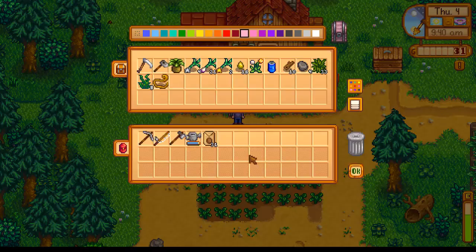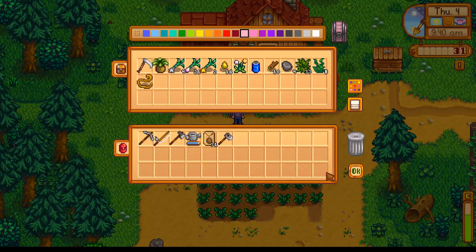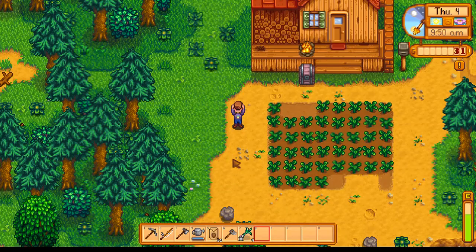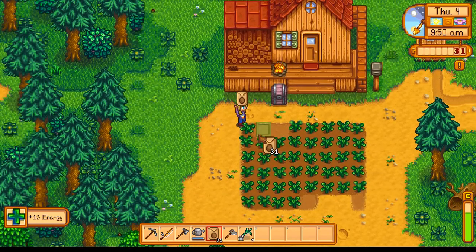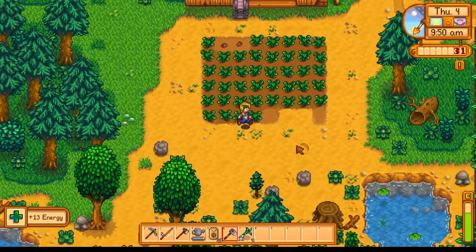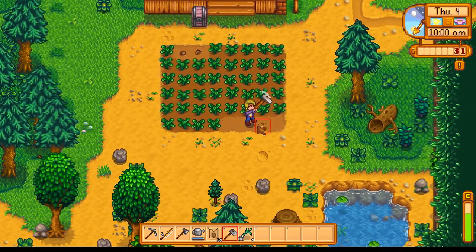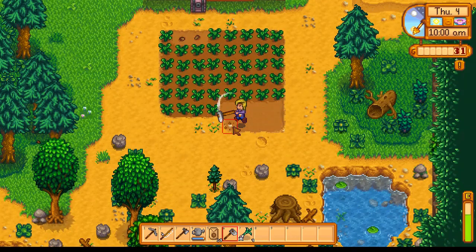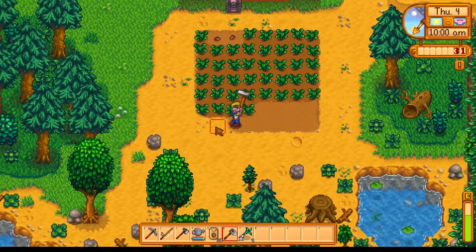So I'm going to take my hoe out of here, and I'm going to take some of these spring onions to eat as well. Let's take this Joja Cola too, why not? And I'll drink this now. Okay. Let's hoe out some of this land first. I think with the rest of today, I'm just going to do some more fishing. That's going to be a lot of what we do early in the game, just because...